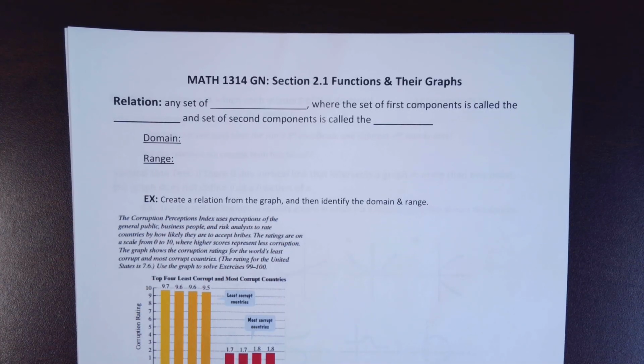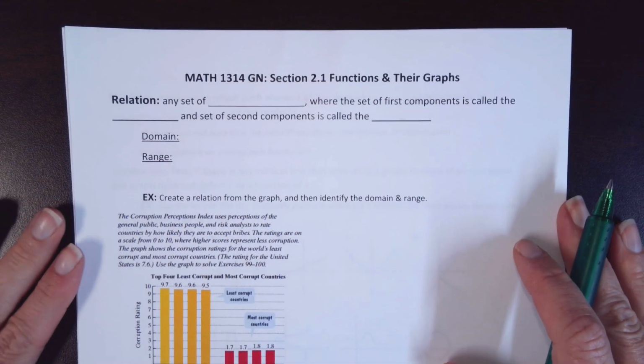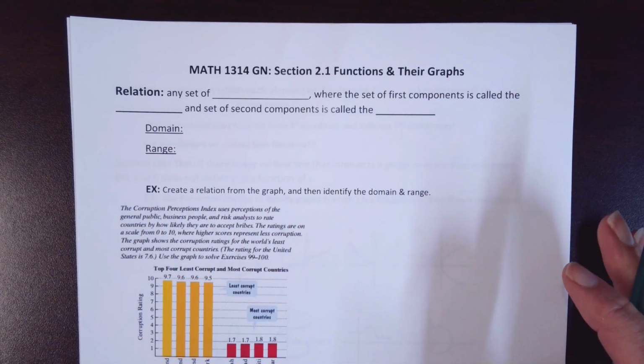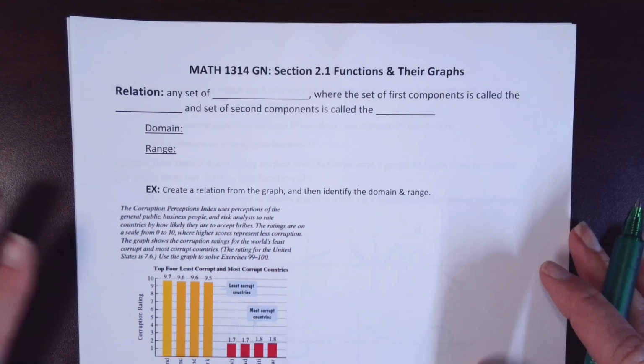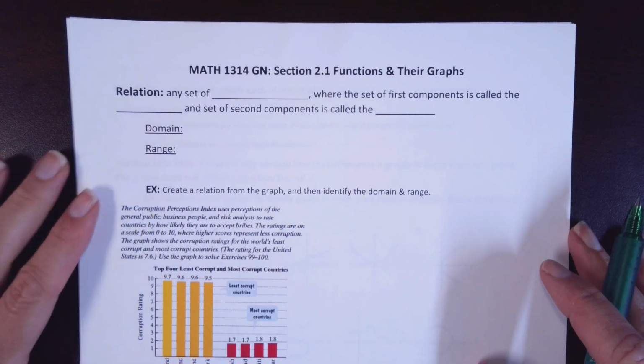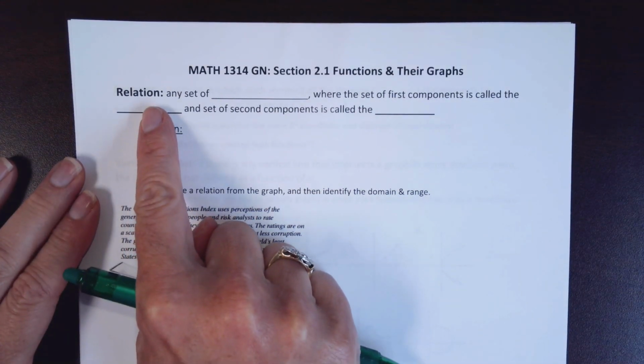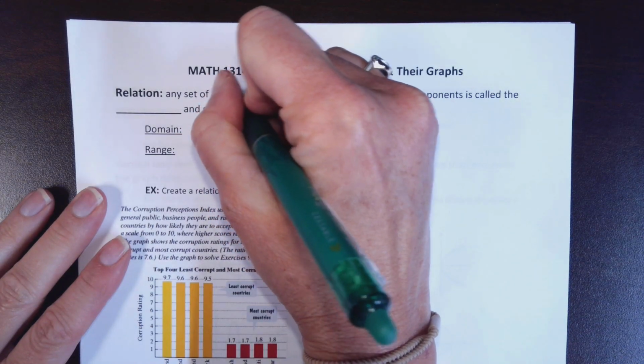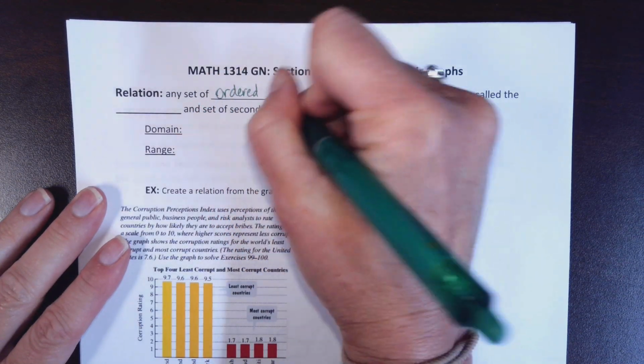All right, welcome back. We are in section 2.1. We're going to start focusing on functions, function notation, what a function is, general types of functions, as well as domain and range we see here. But first, our first definition, a relation is any set of ordered pairs